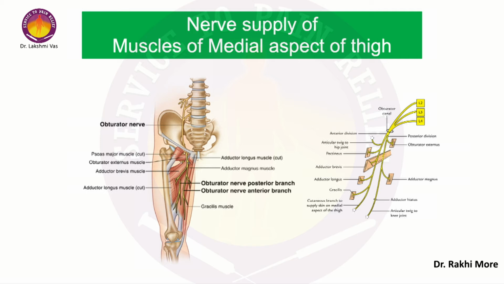What Raki said was that the anterior division supplies the brevis and the longus, and the posterior division supplies the magnus. And sometimes when you do the stimulation for PRF of the anterior division, everything is jumping around the place, whereas the posterior division sometimes is a little more difficult to locate, because only the magnus will jump. But of course magnus is a powerful muscle, it will jump hard. But this is what you see. Somehow the anterior division seems to be more responsive.